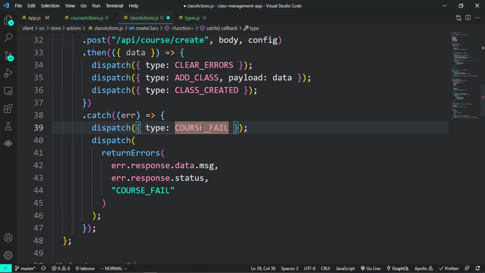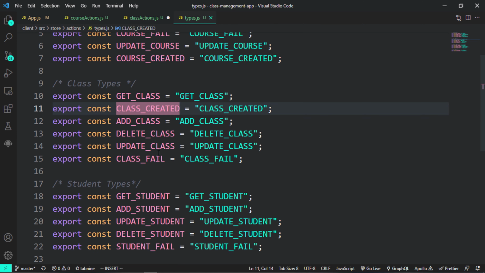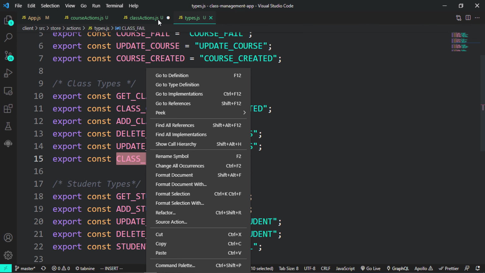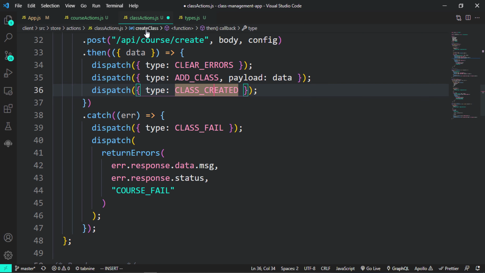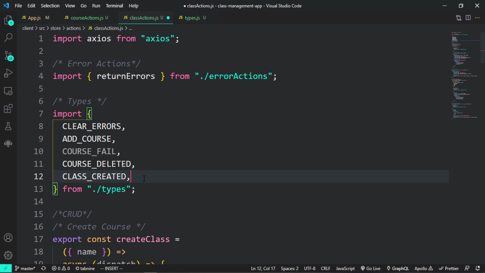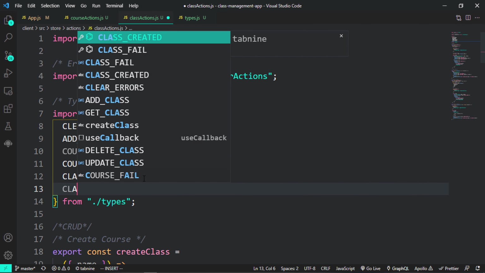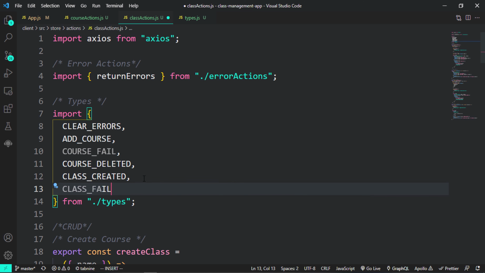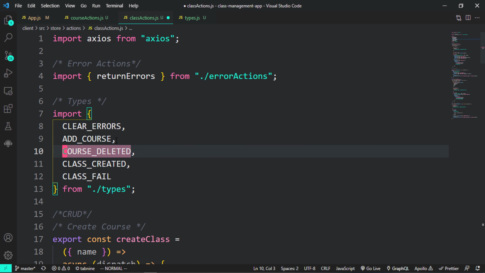Another thing we have here is class fail, and I don't think we have that inside our types, okay, we do have class fail over there. So quickly import that here as well. You can now get rid of